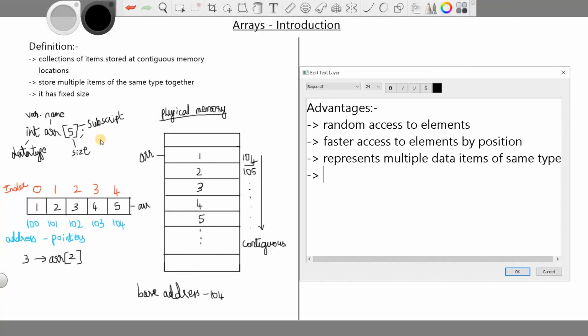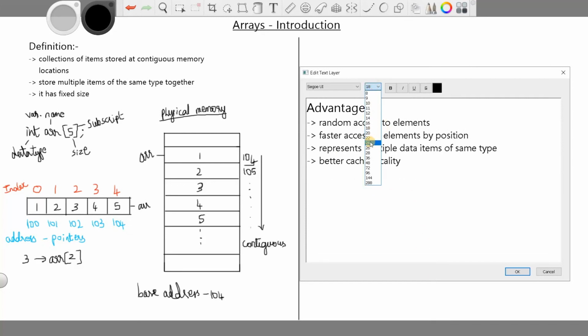Here I initialized the array with the integer data type. It can be any other data type like float, character, anything. And the last advantage is it has better cache locality. So these are the advantages of using the array.